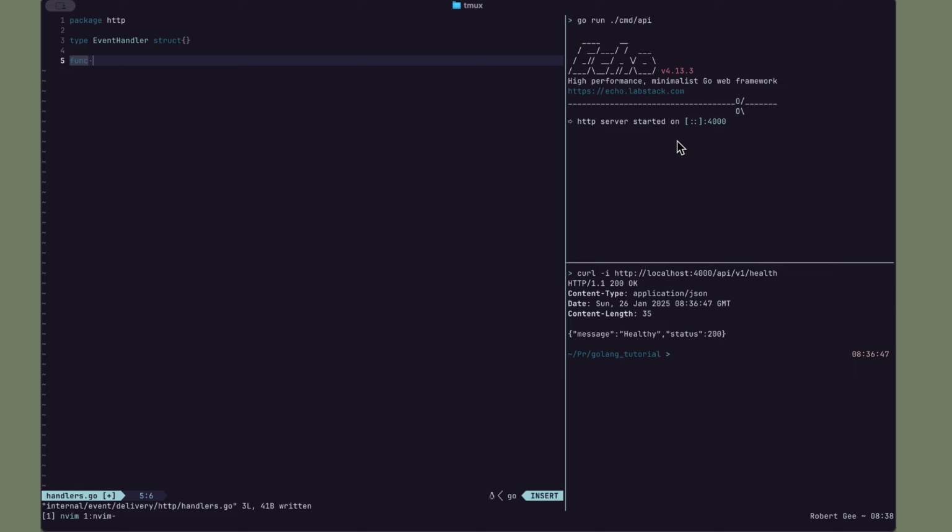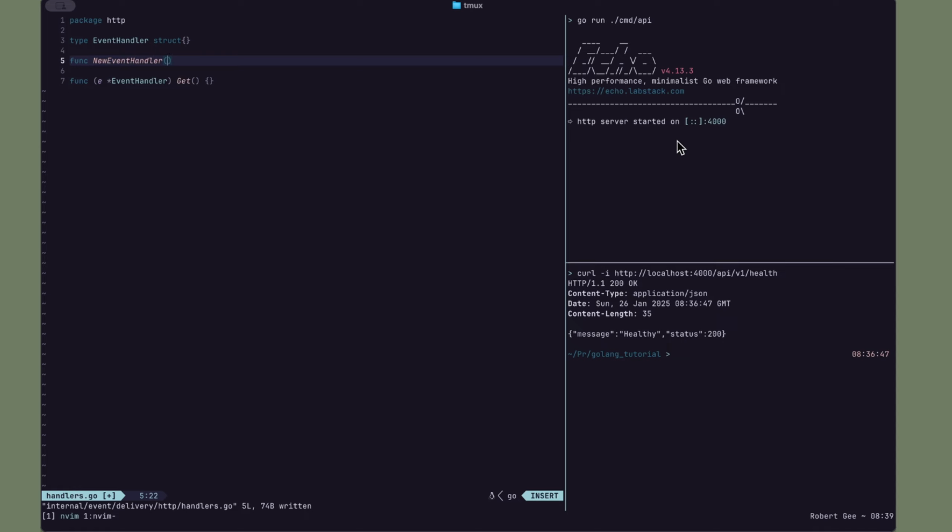So first we're going to do a get. So this will be via the event handler Get. And before we do this, actually, we're going to have to define a way to construct this event handler, a constructor. So if we do NewEventHandler,